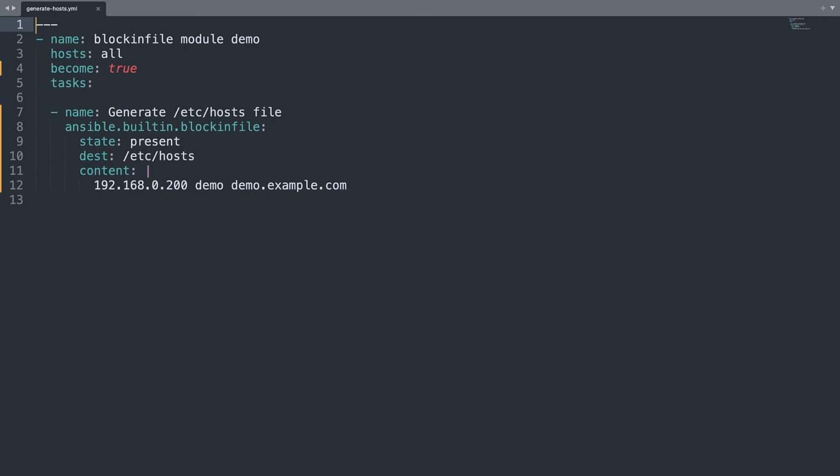You see that we are going to insert only one line in the file, but we could specify more lines if you would like. Specifically, we are going to add the IP address, a local address for our demo server. Are you curious to see the result? Let's jump into a quick live demo.